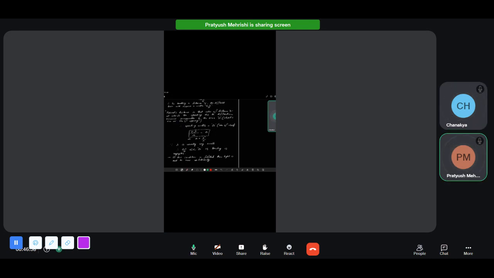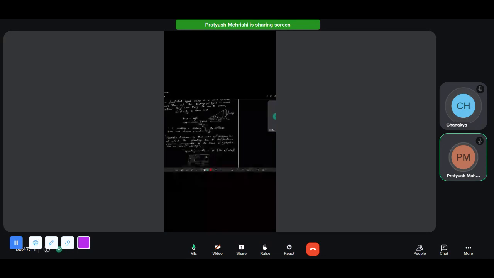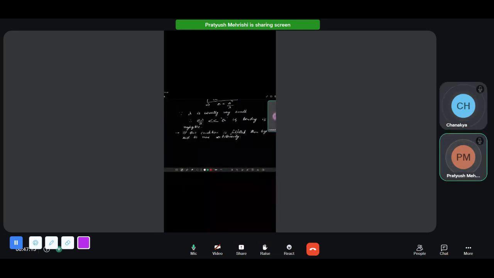Okay, then. So this was our basic check or basic validity of wave optics and ray optics. After this point, if our object is very small,